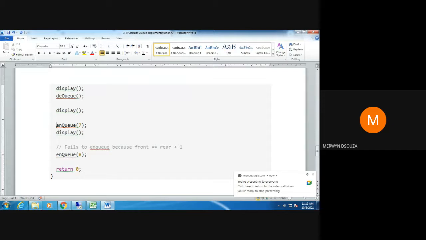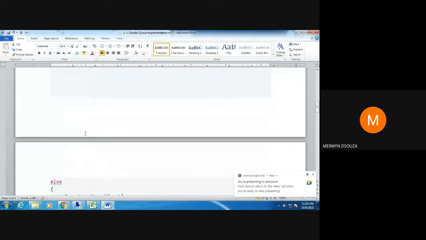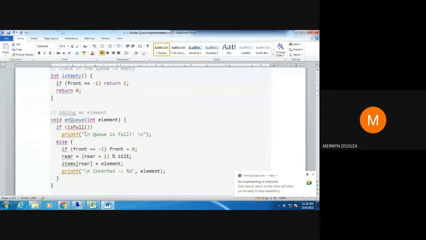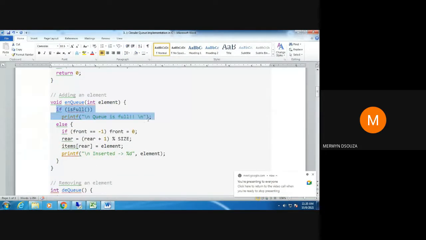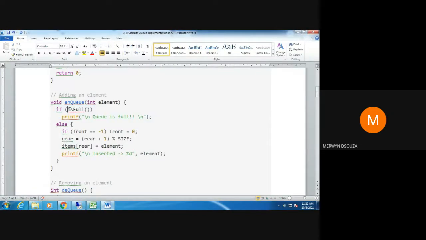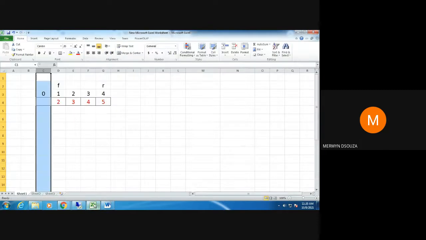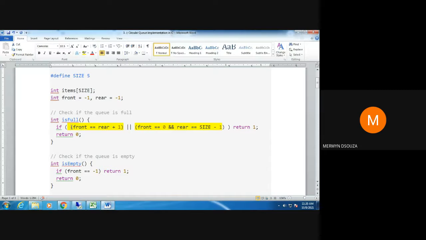So now we are trying to insert 7. So I go back here to the enqueue function. I check whether it is full. You can see in the diagram it's not full, but we check in our code to be sure. So I go to this isFull function here. Check for this value. Value of front is 1. Value of rear is 4. This part is false. Now check for the other part.